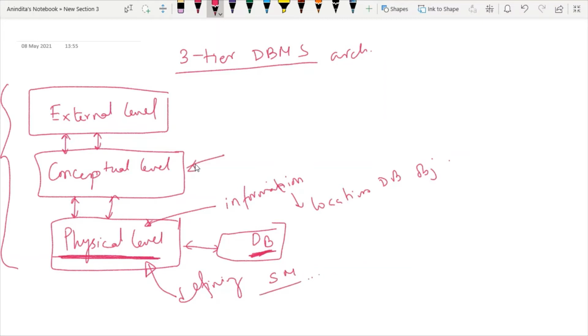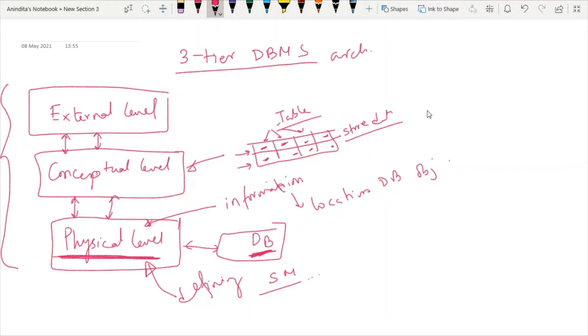Conceptual level means here data representation is performed. We know that whenever we are dealing with a database management system, we have to use one table. In this table we will have some columns and rows. All this table format is used in a database management system so that we could store some data. Now in the conceptual level, the representation of data is defined. In one word, we can say that it describes the data and their relationship.